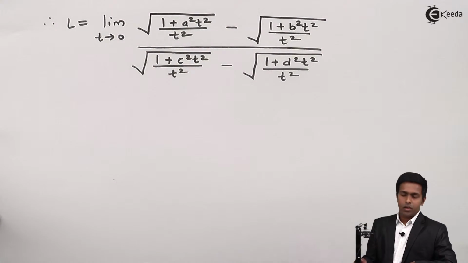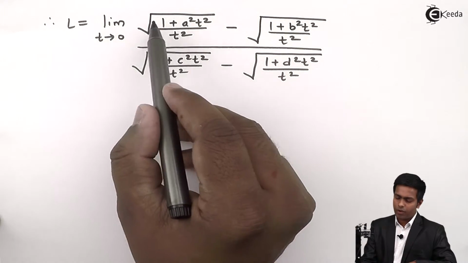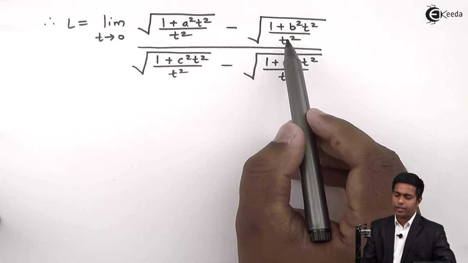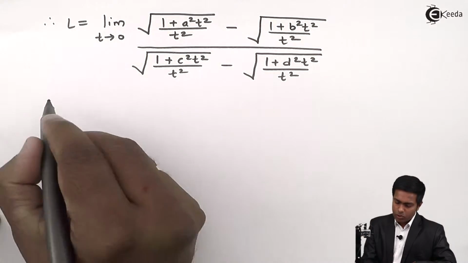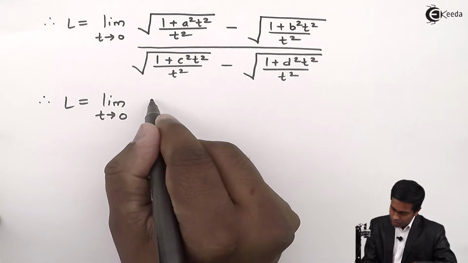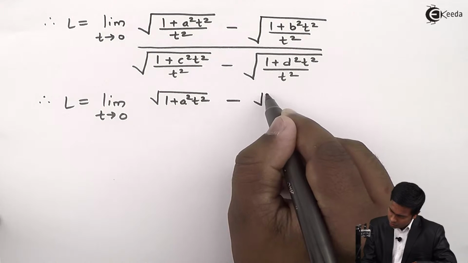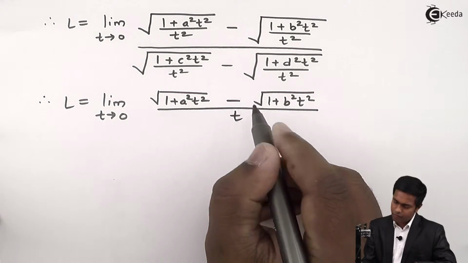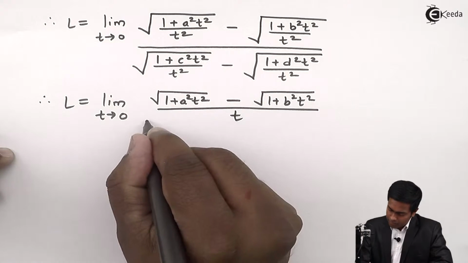after this if we observe the numerator, that will become the square root of the numerator, and the square root of t square will be t. Similarly here we'll get the square root of t square as t, and from both these terms we can take t common. So we'll get L as the limit as t tends to 0 of the square root of 1 plus a square t square minus the square root of 1 plus b square t square, and I am taking that t common from both the terms. Similarly in the denominator I can take t common, so the denominator will become